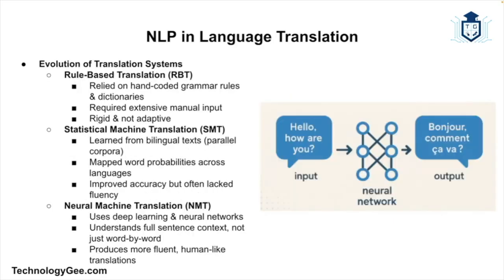Now let's walk through how translation systems evolved. We have what is called rule-based translation, and this used grammatical rules and dictionaries. It required tons of human effort and was not very flexible. Then we have statistical machine translation, and this learned from bilingual texts. It analyzed which words usually map to which, and it still struggled with grammar and context. Then we have neural machine translation, and this uses deep learning and neural networks. It can translate entire sentences, not just word by word. It can capture meaning and context, and it is much more fluent and natural. The most famous example would probably be Google Translate, which now uses neural machine translation, and this gets better with every sentence that you feed it.